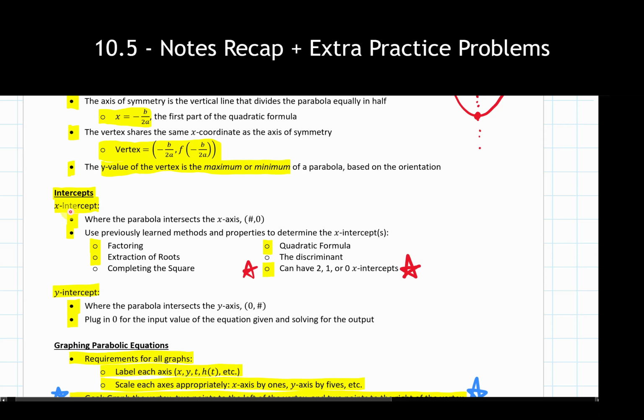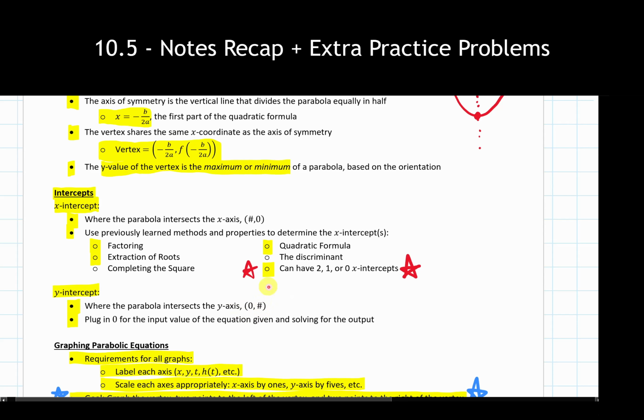And be aware that we can have 2, 1, or 0 x-intercepts in all. Again, I don't think we can predict when this is or isn't going to happen just looking at the original equation. So follow whichever process you're using and let that reveal it to you. And then we have the y-intercept, which is as straightforward as plug in 0 for x, find y, and